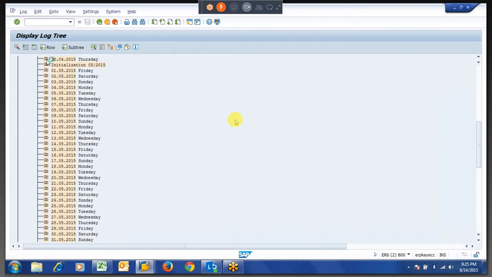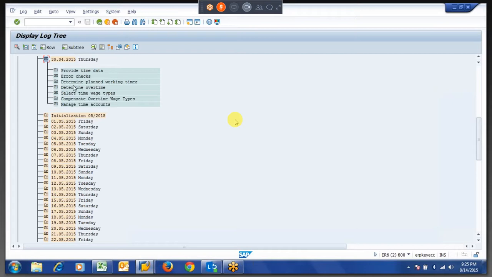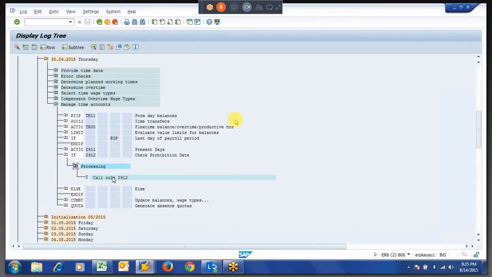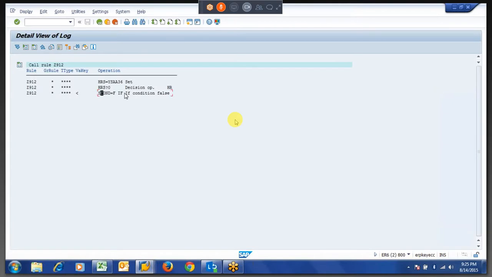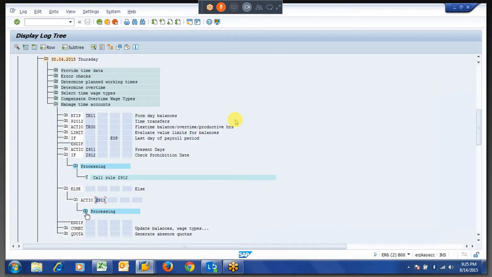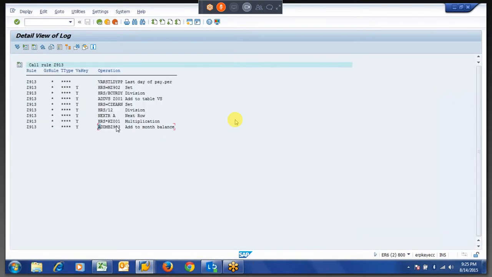On 30th April, what our logic will do, if this rule was reading, as already showed you, so it is going to be a false statement because still he is in prohibition period. So it is going to else, and our newly copied and modified rule from Z910 will read like this, and here is the time type Z903 was generated with the same 2.5.